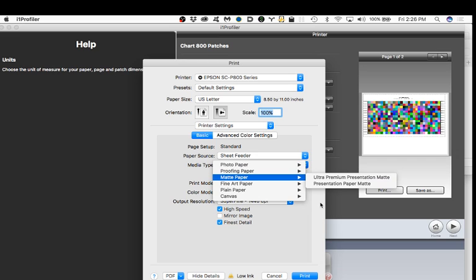So let's say I was going to do an Entrada matte paper. I would have to pick one of these mattes. It doesn't really matter which one I pick as much as that I need to make that notation for the profile, because I have got to use that media setting. The one that I use to make the profile is the one that I need to use to do the